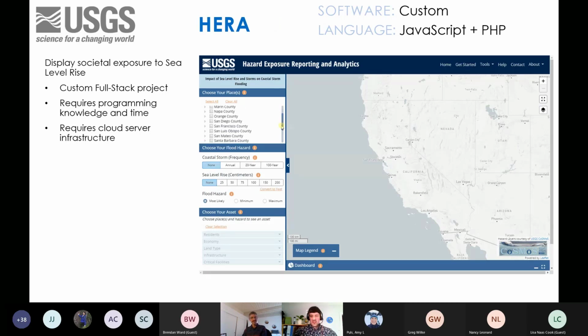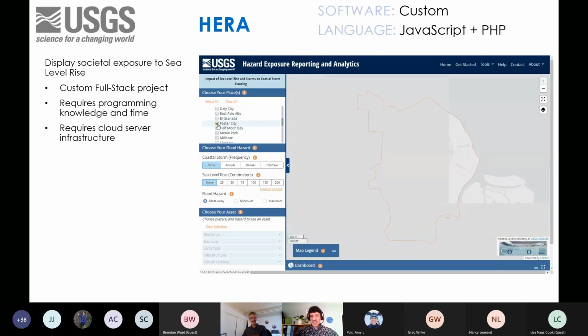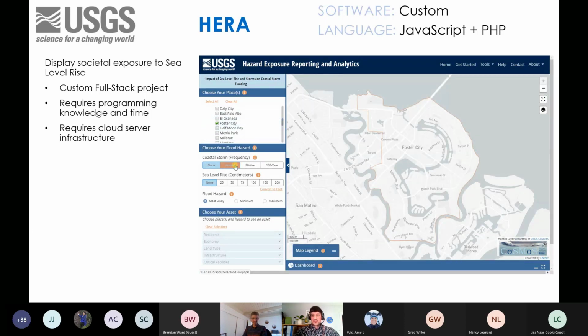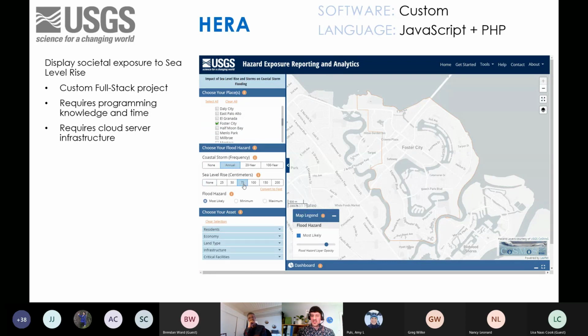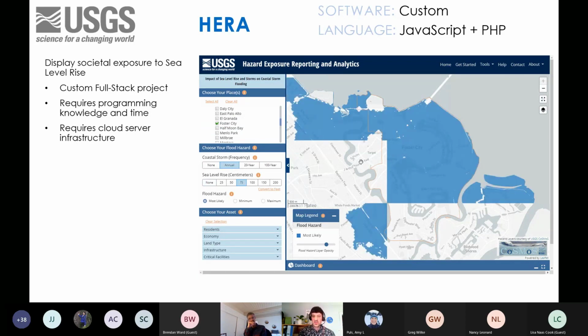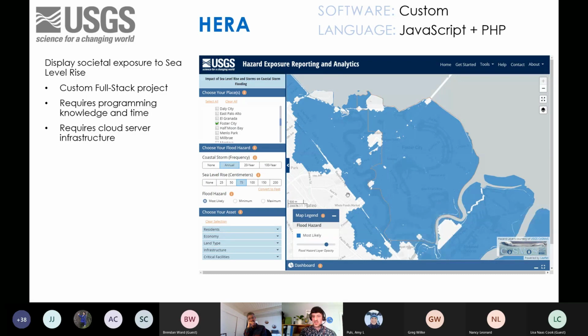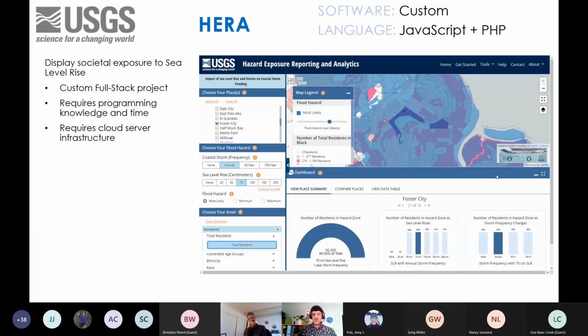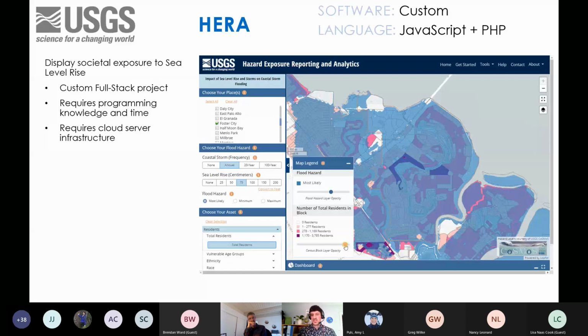And I think we're going to end our examples here with the most custom that we could find, and it's the biggest project that we've undertaken, certainly from my end, which had a very specific goal and data set in mind. We're presenting societal exposure to sea level rise in California, and this is geophysical modeling that was done by some of our other colleagues in USGS, and then we took socioeconomic data and performed more GIS analysis on top of that, and then we have very specific stories we're trying to tell with our visualization.